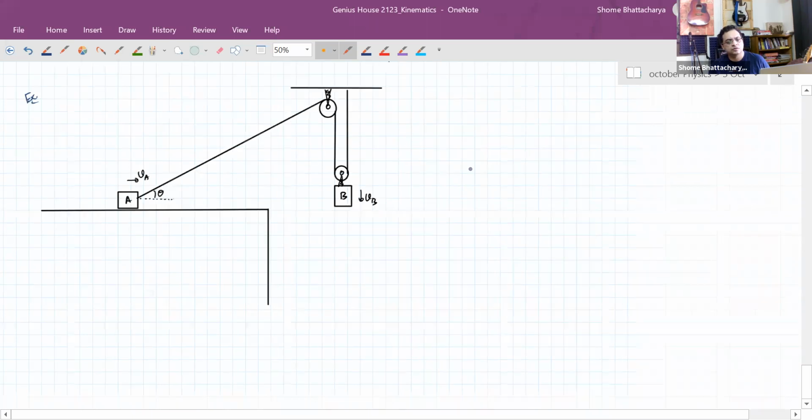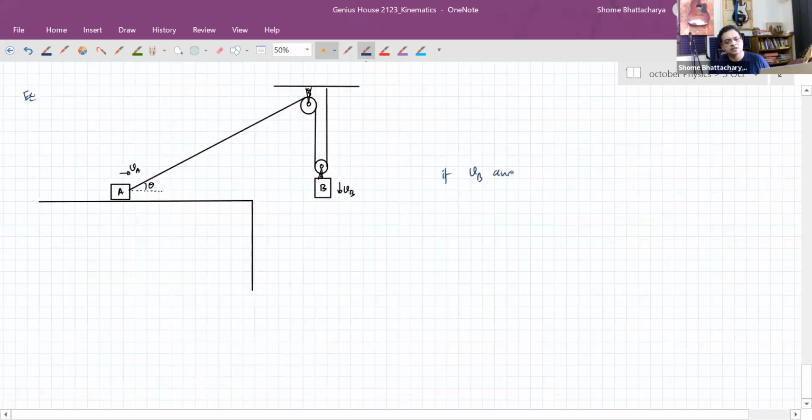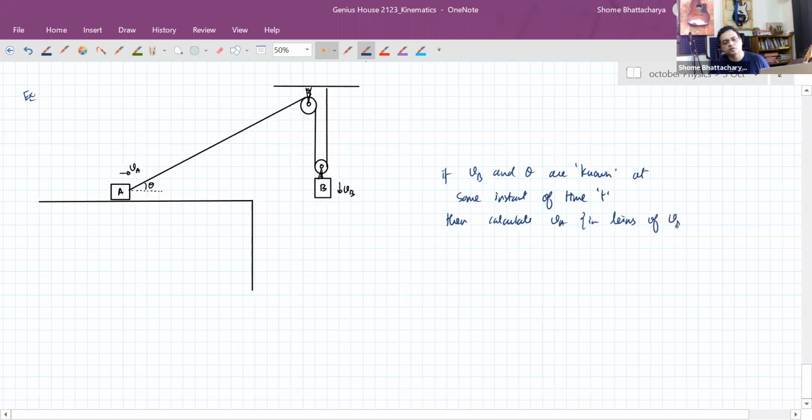So if VB and theta are known at some instant of time, then calculate VA in terms of VB and theta at that instant of time t. So here what we can do is that, let's say this point where the thread is attached